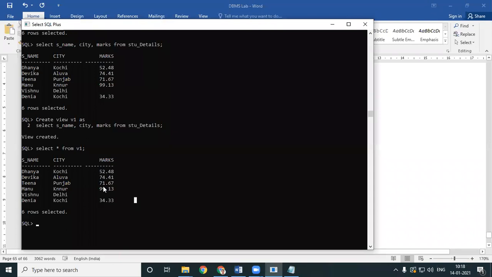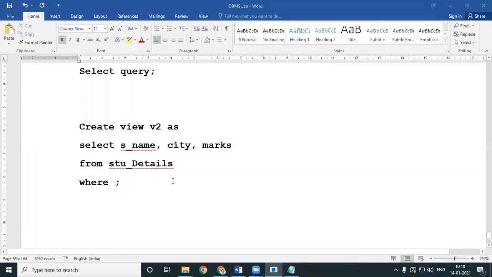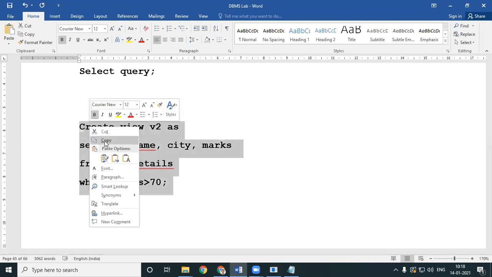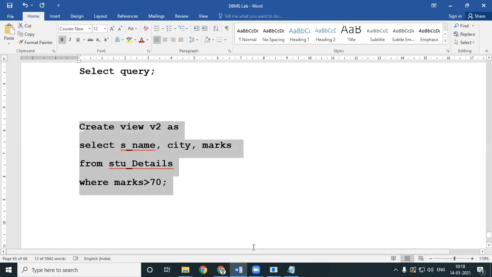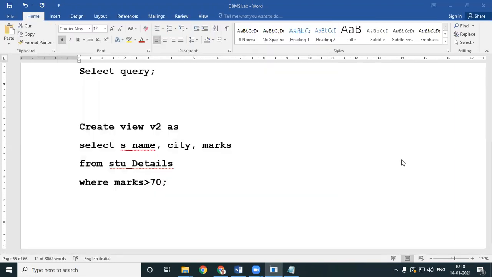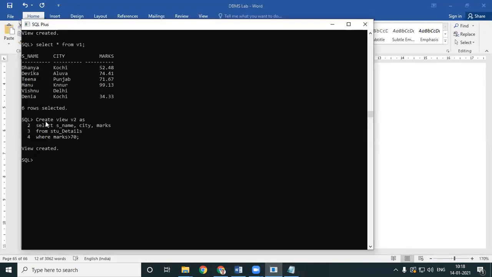You have all these marks, but imagine I'm just interested in those people greater than 70. So I'm creating a different view. I'll copy it and put it that side. A different view was created.